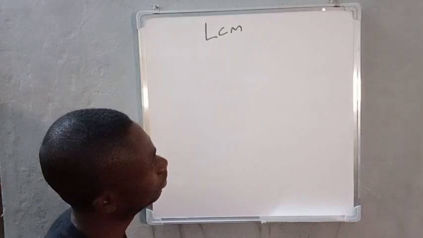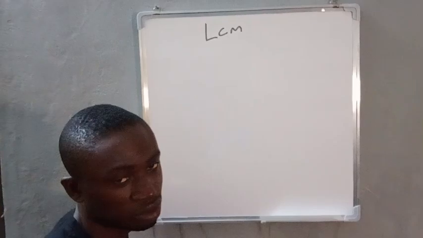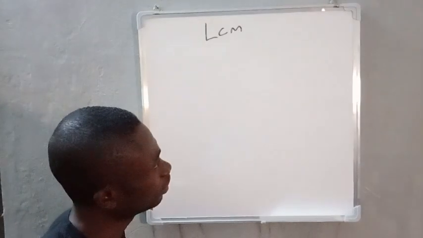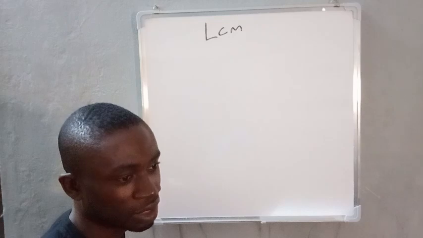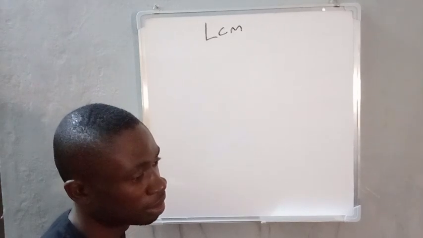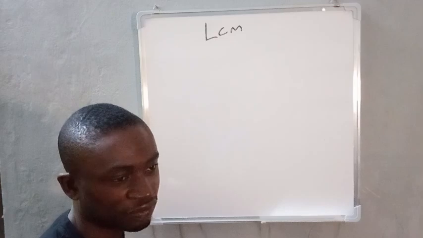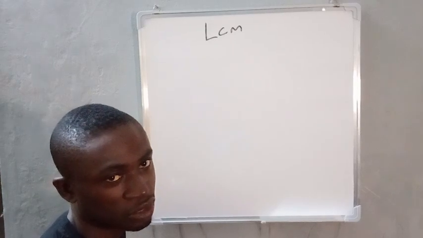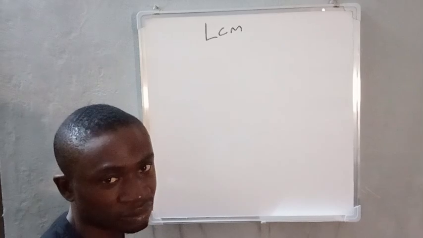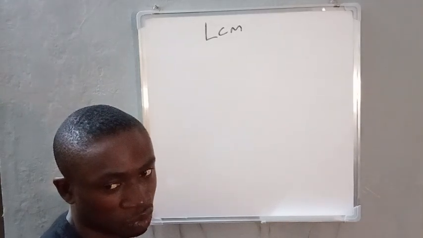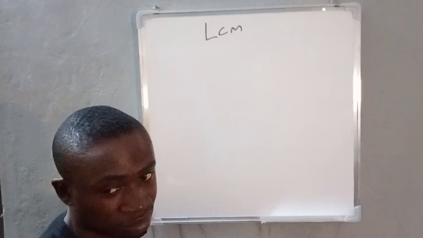Today we'll continue with our mathematics lesson, and we'll be looking at how to easily calculate LCM in mathematics. LCM simply means lowest common multiple. After this video, you can check for the video on HCF. HCF simply means highest common factor. The way to calculate them is not the same, but today I'll be walking you through how to calculate LCM,